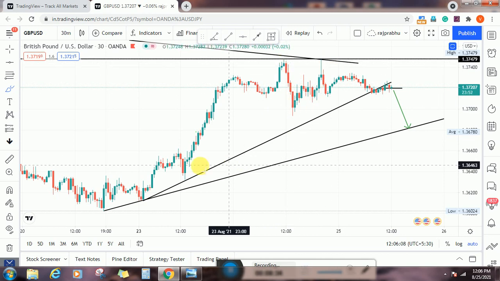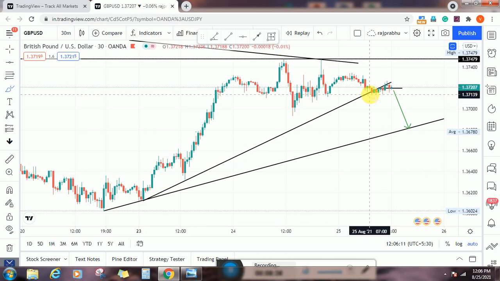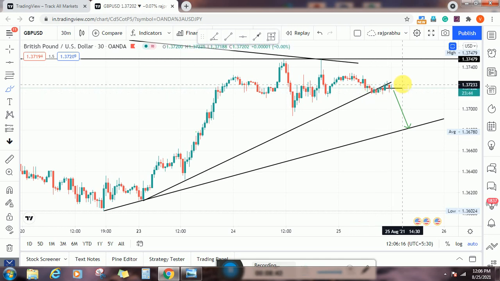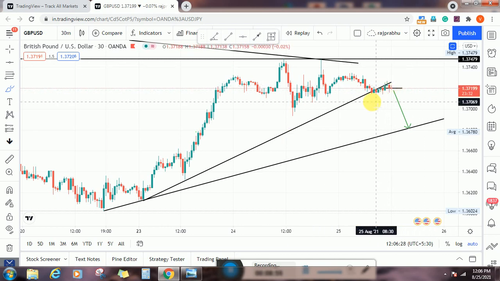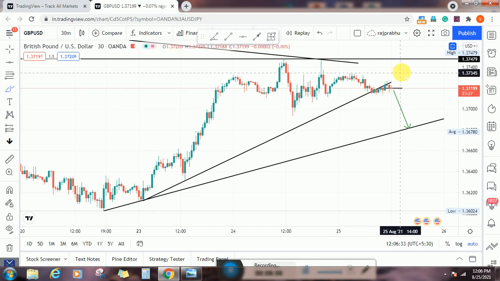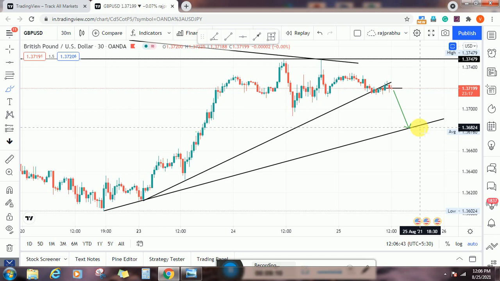Okay, whenever the trend is broken, see this candle, this red candle is broken, but it takes some support, sorry, resistance, it is facing resistance. See the continuous candles facing resistance on this trend line. Okay, so we can identify the trend line is acting as a resistance right now, so we can wait for the low to break. See, this low will break, I will make some good profit from this level.